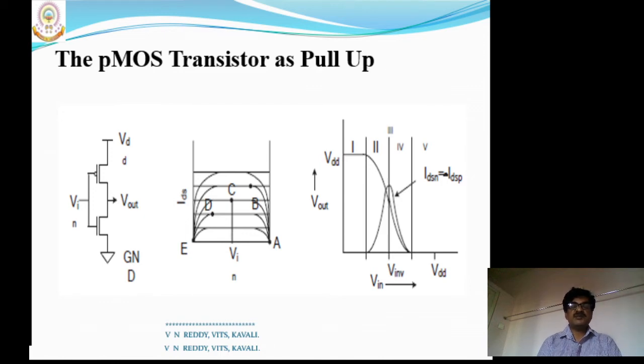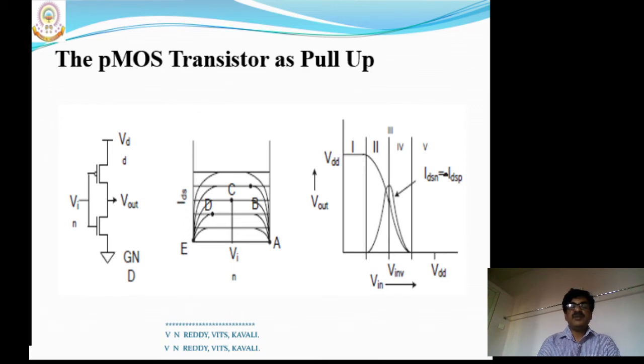There is no static power dissipation like the static power dissipation we observed in the MOS inverter with depletion and enhancement transistor load cases. We have seen that there, in the output low case, a short-circuit current flows between VDD and ground. Because of that current, the power dissipation is high. Here there is no direct current flow between VDD and ground. That's why the static power dissipation is very less, almost zero,